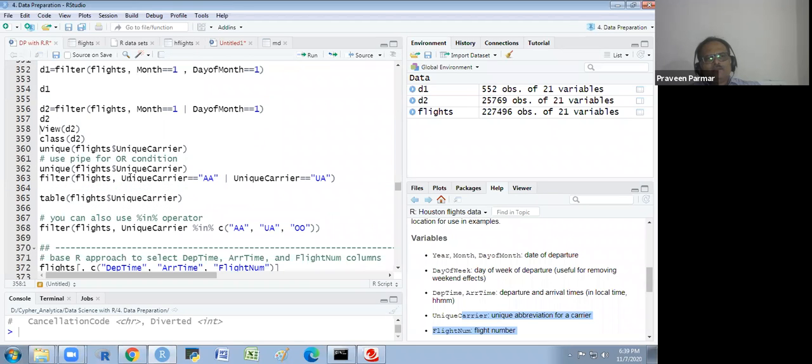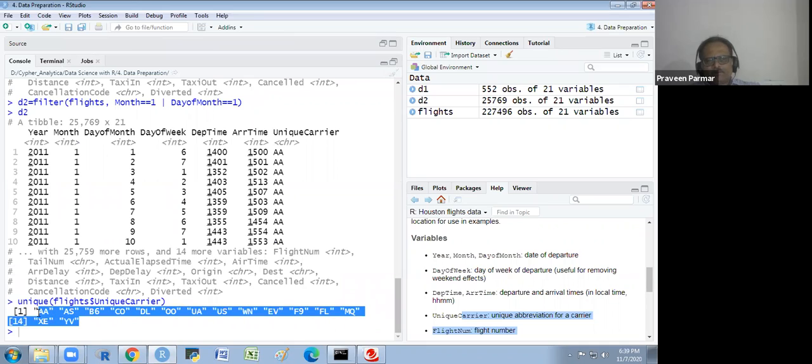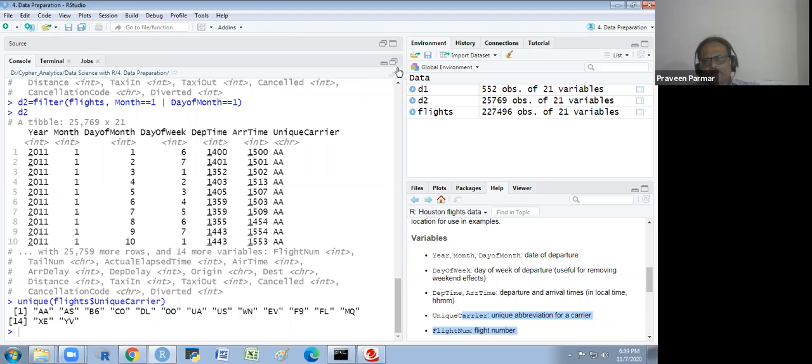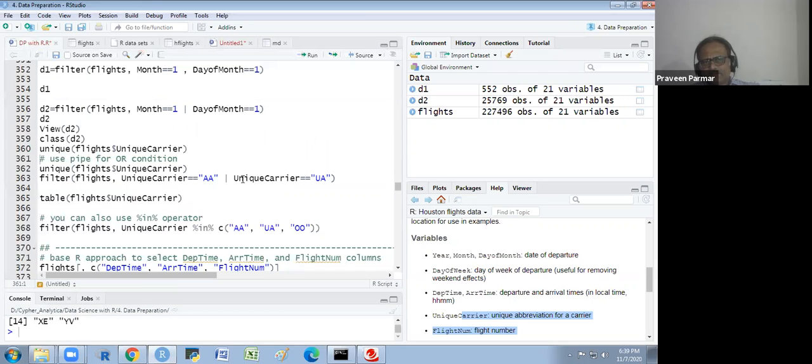And I will show you how many unique carriers there are. You see, there are 15 unique carriers. Different sorts of flights, different categories of flights. Some flights are expensive, some are not expensive, some unique carriers are for cargo. So those are the different unique carriers we have.